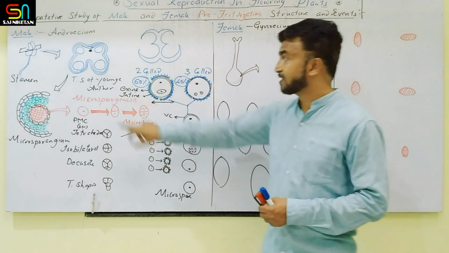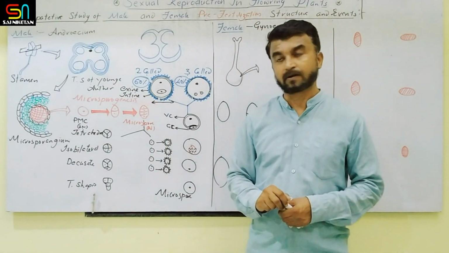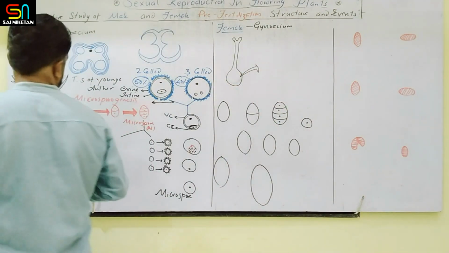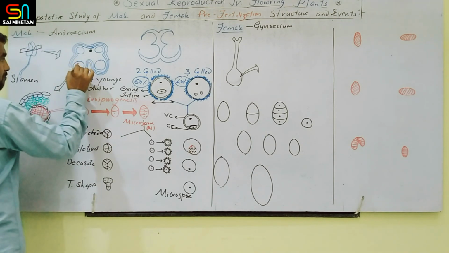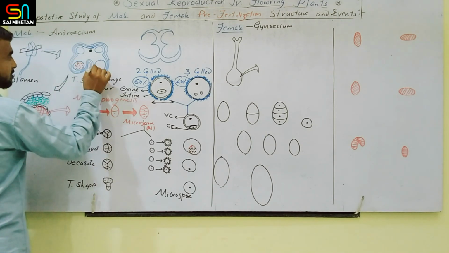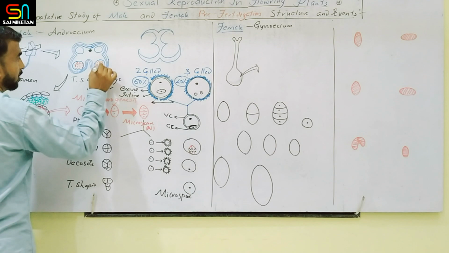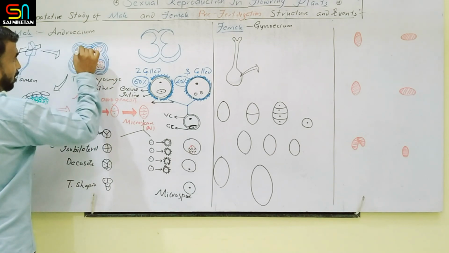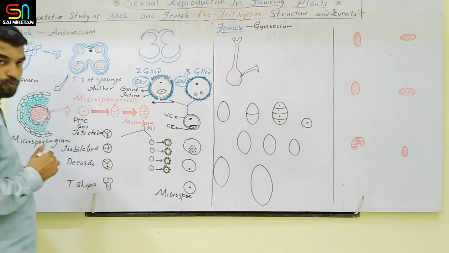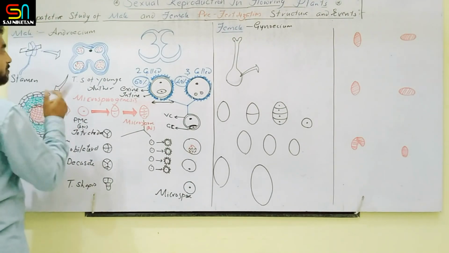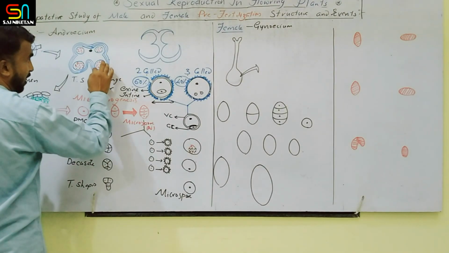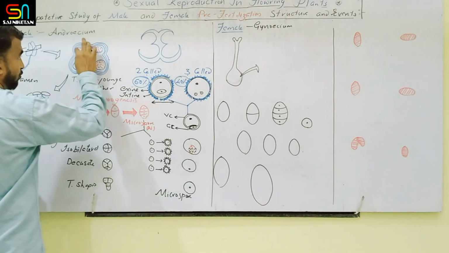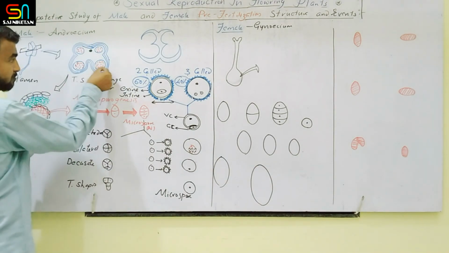Now how are the pollen grains released from this microsporangium? When pollen grains are produced in this microsporangium, this chamber is called a pollen sac. Initially it is a microsporangium, now it is a pollen sac. So pollen grains are produced. Now the sterile tissue present in between the pollen sacs degenerates. That is the middle layer.